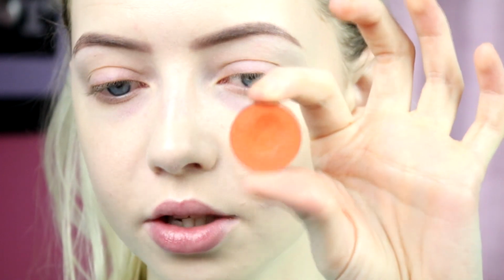So yeah, but I'm going to start off with the shade 51 from Inglot. It's just a bright orange. It's got micro sparkles in it, but you can't really see them once they're on the eye. And I'm taking a MAC 221 brush, and we're just going to pop this into the crease. And I'm starting with this shade first